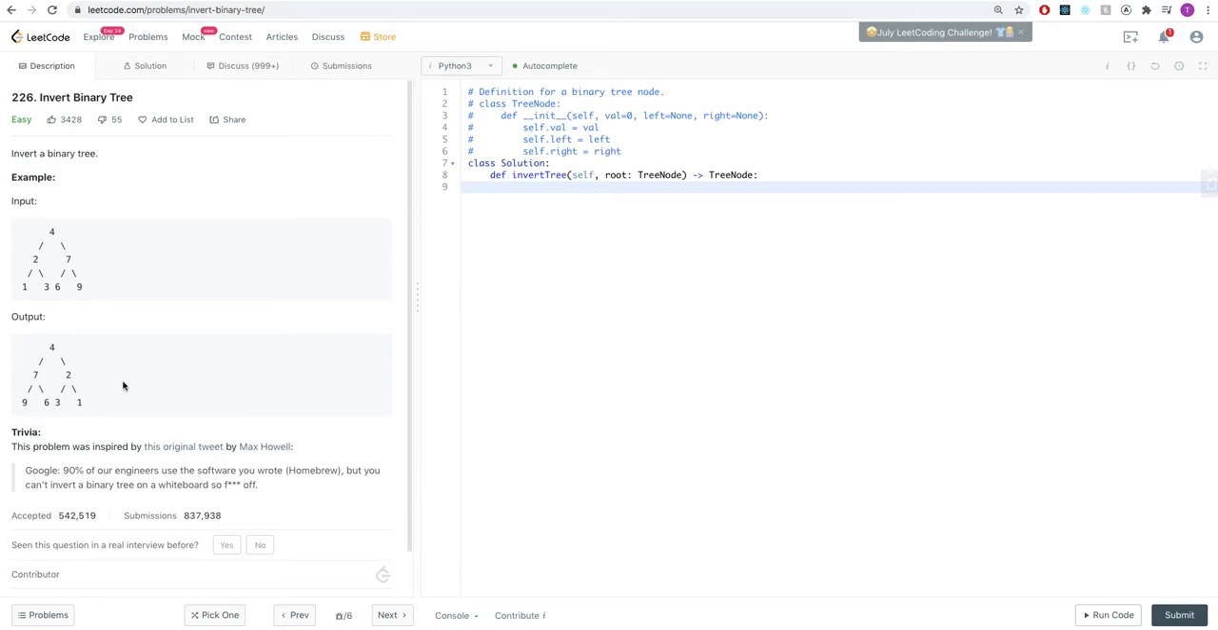So I think a good way to do this is to use a queue where we add a node to the queue, then we pop it off, we check if it has children, we swap the children, and then we add those to the queue, and we continue doing that. So the way that would look in Python is you'd have a queue, and I'm going to use a deque actually,